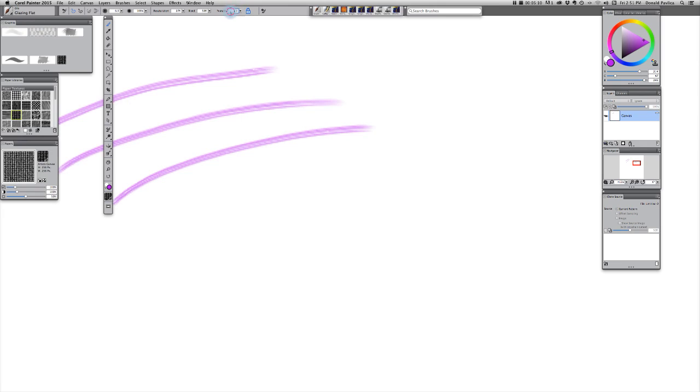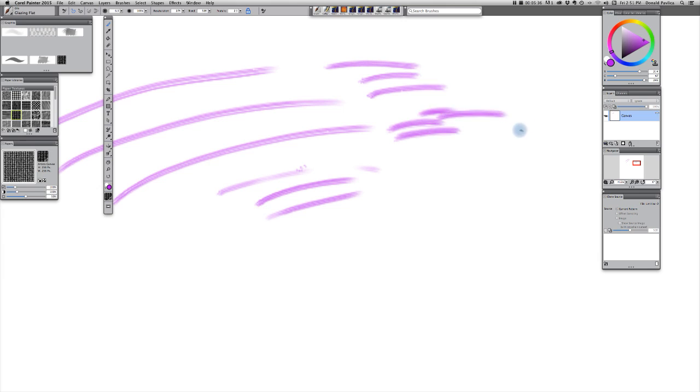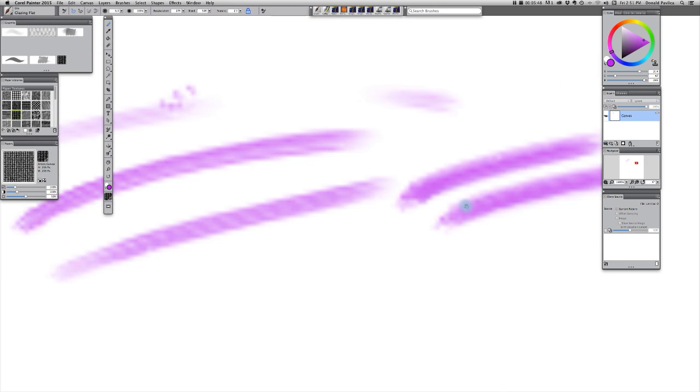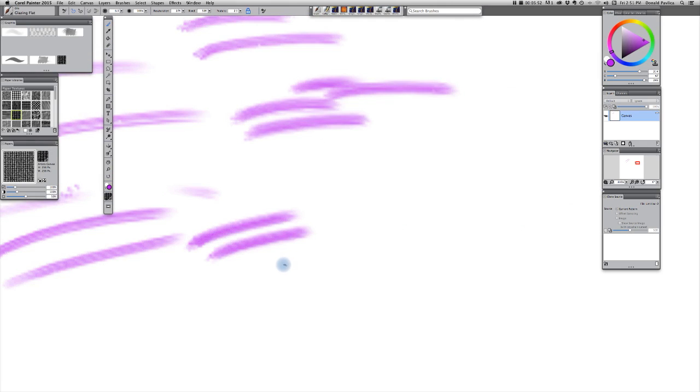Maybe I want to back this off. Let's try 3.0. Now let's see if we can make that a little more painterly for the effects that I want to have. Not too bad. I'm going to try 2.5. There we go. Now, if I bring this in, you will see that the tail of the stroke looks more like a hair. So this did a pretty good job up here, and I'm going to change it down to about 3.0